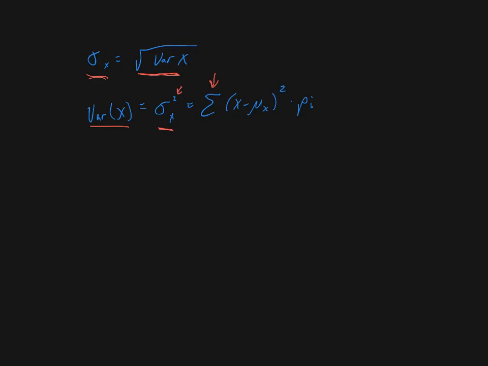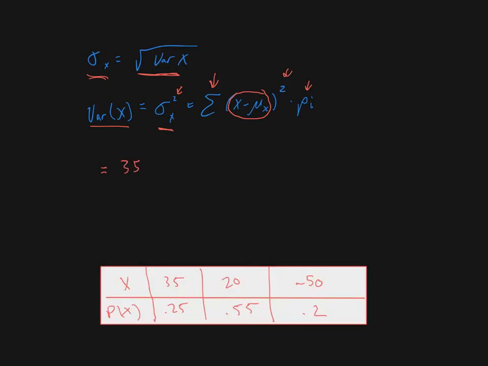And first what we're going to do is we're going to take the actual deviation itself. So what we're referring to is the deviation, or the difference each value is from the mean. And then we're going to square all of those differences, and then we're going to multiply those differences times the probability of that happening, and we're going to add all of those multiples up. So the first piece then we have is